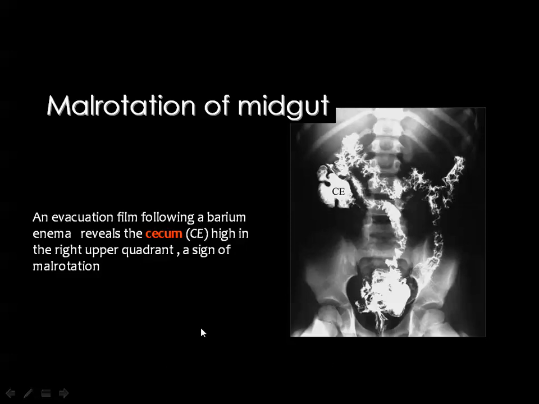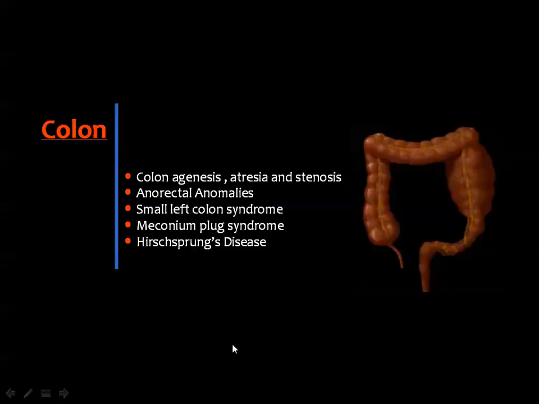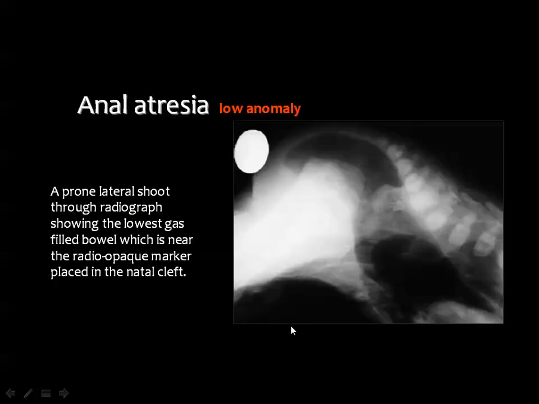Some of the malrotations of the colon are such that you cannot see the cecum in the right iliac fossa. The cecum may be subhepatic or may be located on the left side of the patient, and this is known as malrotation of the bowel. Then the congenital lesions in the colon include agenesis, atresia, and stenosis, anorectal anomalies, small left colon syndrome, meconium plug syndrome, and Hirschsprung disease. Then anal atresia means that there is no anal